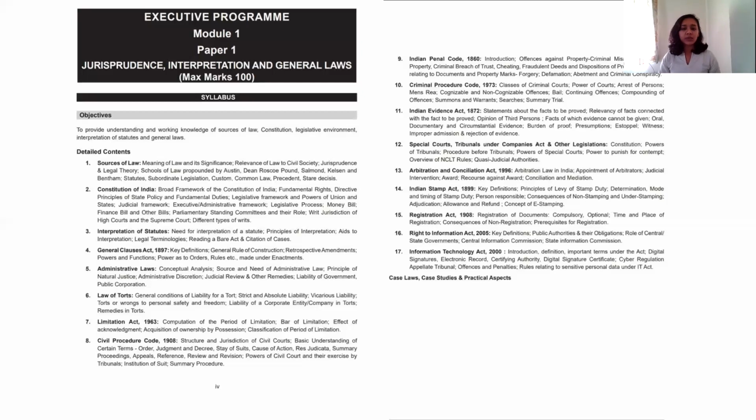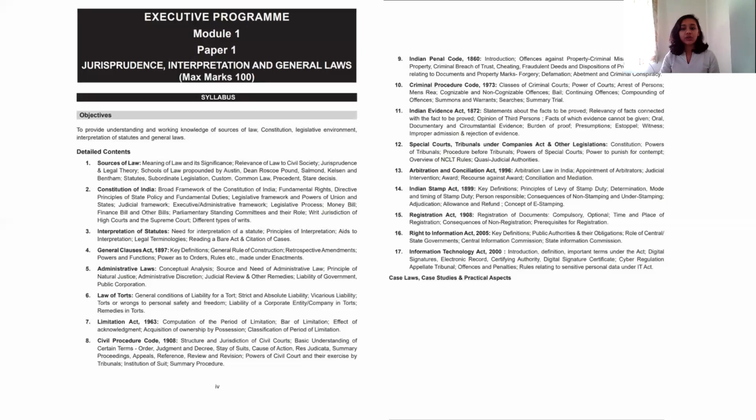Moving on to chapters number 9 and 10. Now, 9 and 10 give you an introduction to criminal laws. The first one, chapter number 9, talks about the Indian Penal Code of the year 1860, and in short form, I will call it the IPC. Now, the IPC basically defines what are offenses, or more importantly, criminal offenses. The purpose of studying the IPC is to understand what amounts to a criminal offense and whether companies, while doing any act, are actually committing a criminal offense.